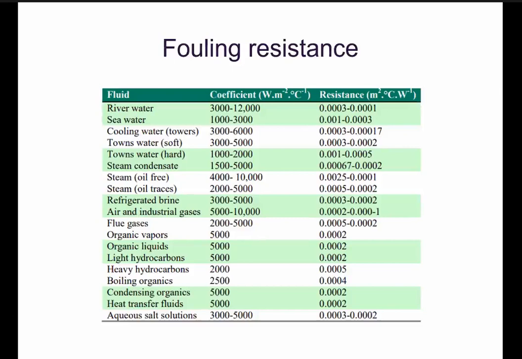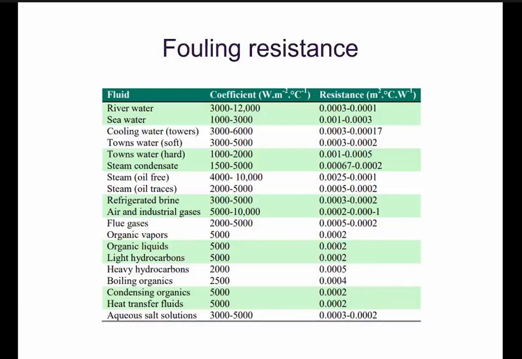Generally, when you design a plant, a heat exchanger, the technology people, based on their experience, will give it, because this is all measured. This is not calculated. This has been measured and found out. For the technology, as I said, there could be many reasons: type of fluid, your tube material, your temperature. Based on all these things, they will give you this fouling resistance. If they are not giving it, this is standard. You can take this. There will not be much difference.